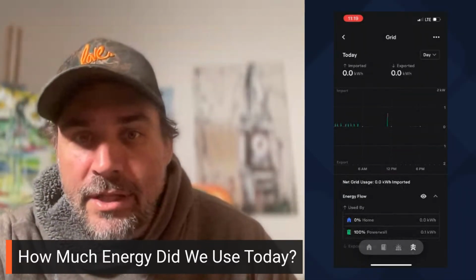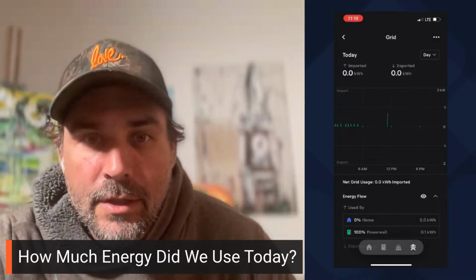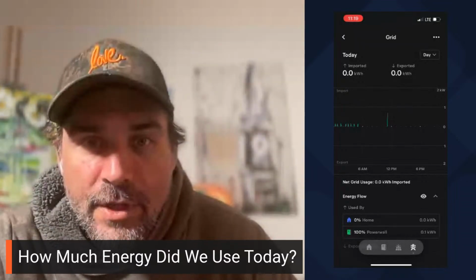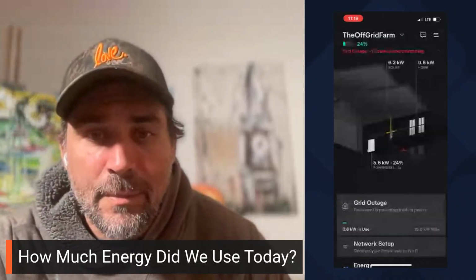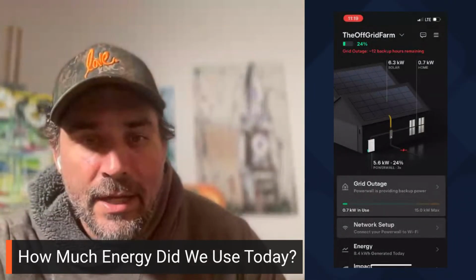And last but not least, the grid. Nothing on the grid. Nothing charged, nothing energized, nothing exported, nothing used. So that's what makes us off grid. So that's it. That's sort of the summary for what we used in power for the day and what kind